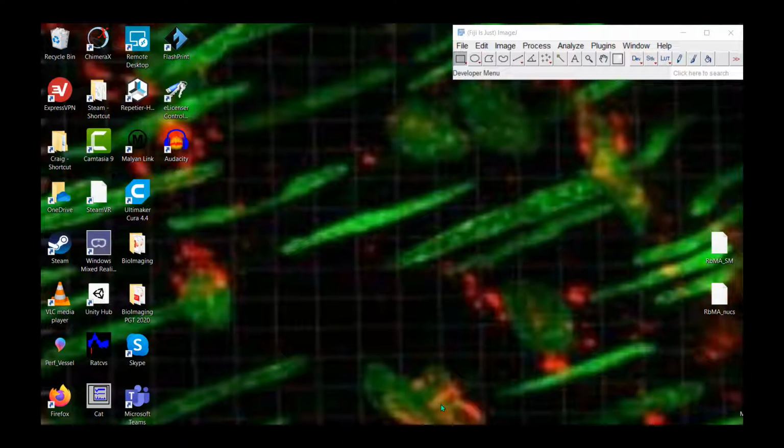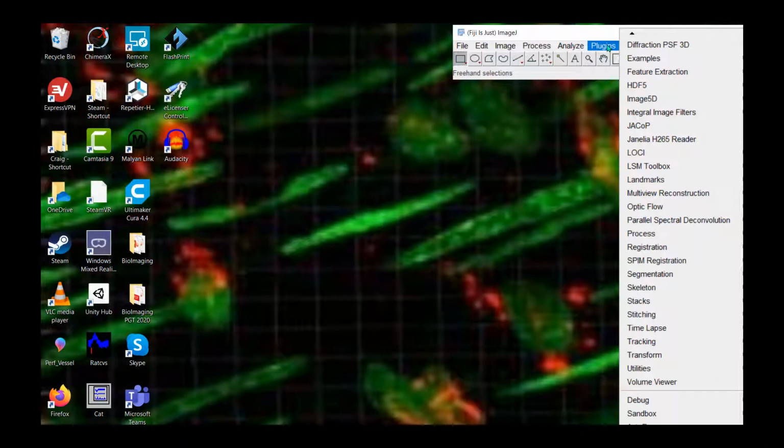So let's get started. Fiji is really just ImageJ, and that's what the name means. Fiji is just ImageJ, F-I-J-I. One of the advantages of Fiji is that it has lots and lots of plugins. It comes ready populated with loads of plugins, more than you would probably ever need to use. But it's particularly good for 3D Viewer and Volume Viewer, because it comes with a Java environment, or it installs Java when you install Fiji, and that can be quite tricky when you're using ImageJ. So they're effectively the same program, really, just packaged very slightly differently.